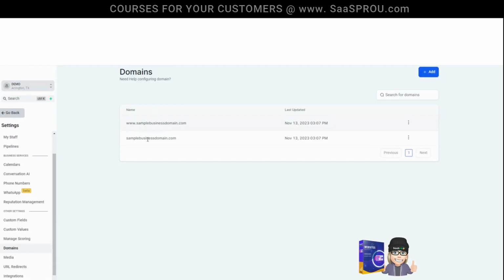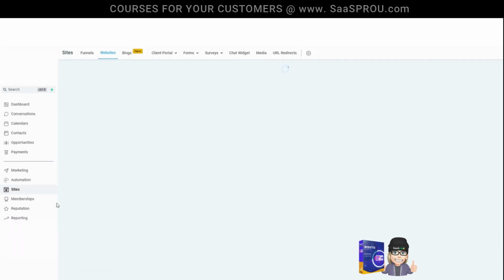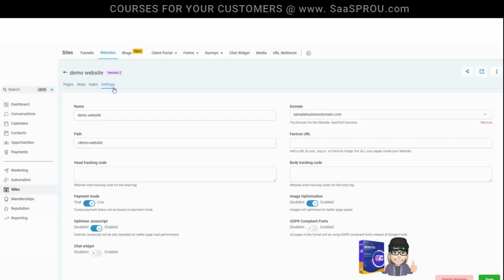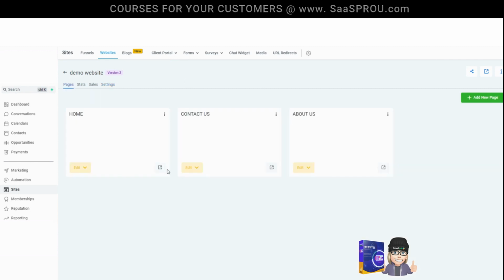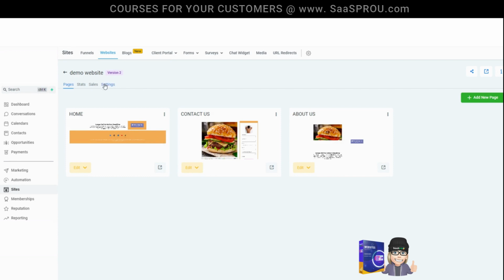Now that we've added our domain, what we want to do is go back into our site. And when we go back into our site, you're going to see it's connected the domain. If you've already connected domains, you can easily change these by selecting the drop down here if you want to change the domain. If you have an image for your favicon, that's usually what shows up in the search. You'll want to put that URL here and add that to your media library. Now that all of our settings are in, we're going to go ahead and select save, and this website is